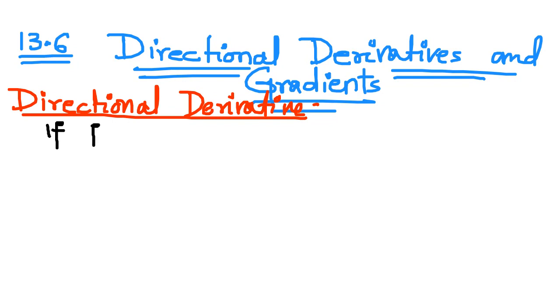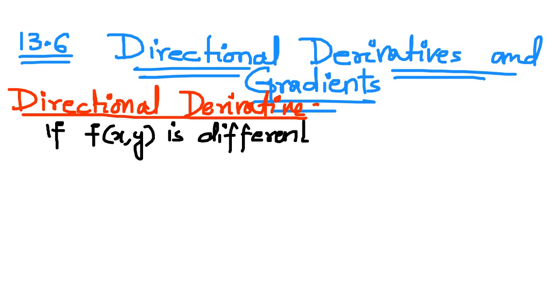Say you have a function f of x y, a two-variable function, that is differentiable at x naught y naught,